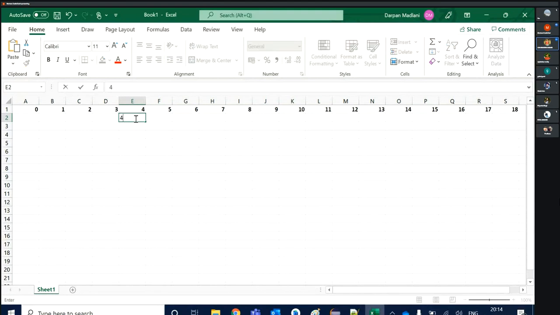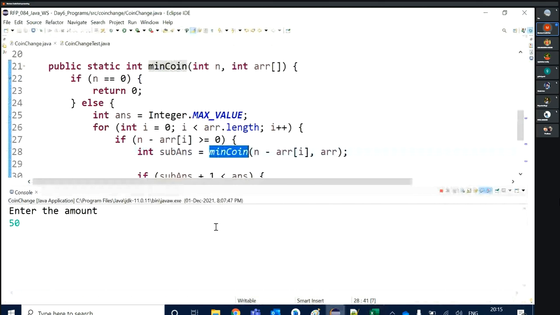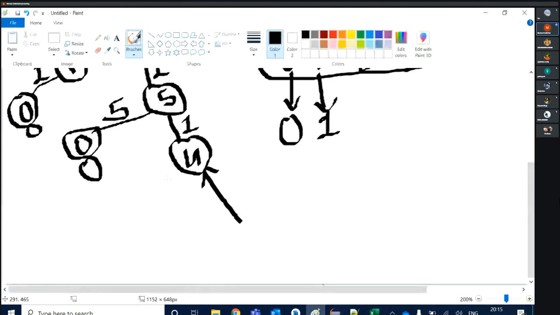That answer I will store as the solution for the amount 4. So whenever I get the same problem again, I can directly get it from my RAM. My RAM means my array variable, basically.